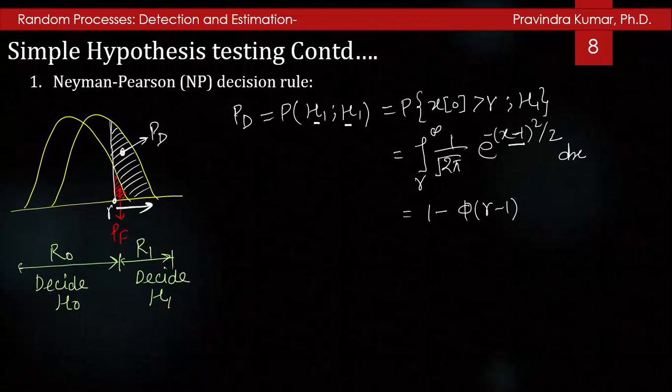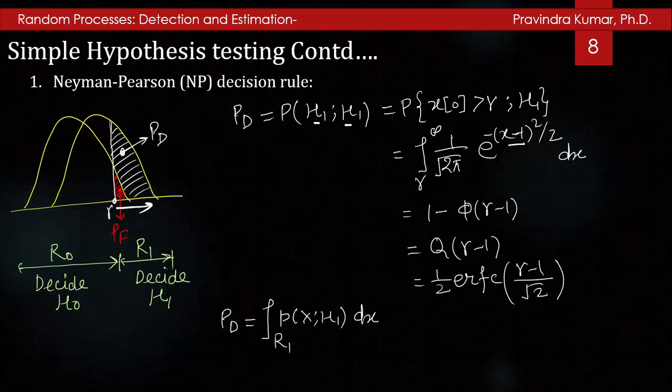It will be 1 minus phi gamma minus 1, again the cumulative distribution function. In the Q function form you can write it as Q gamma minus 1, and in the complementary error function form it will be 1 by 2 ERFC gamma minus 1 by under root 2. So the probability of detection is the integration over the region R1, where the critical region lies, of the PDF when H1 is true,